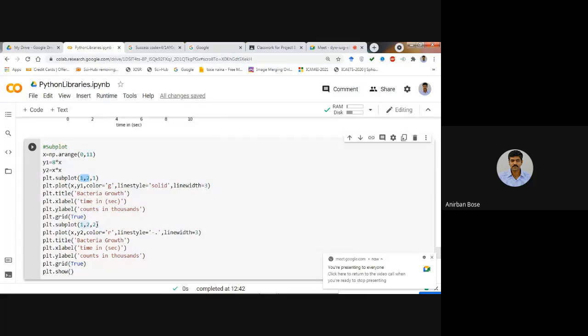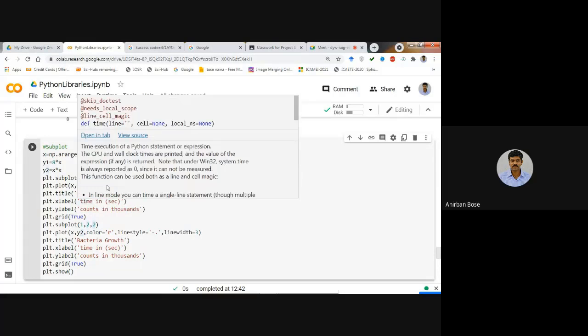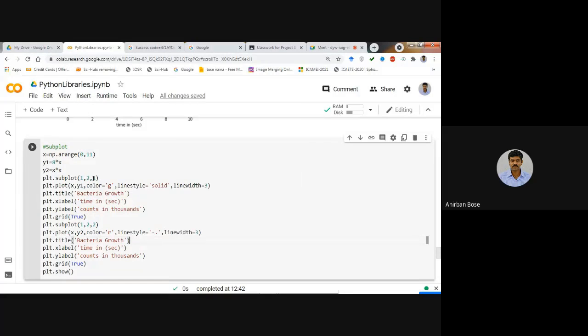Okay, how many rows and how many columns you want to see. So 1 is the row and 2 is the column, and then you mention at which location you want to plot this particular graph. This is the meaning of these three different digits. The first two is the total number of subplots.